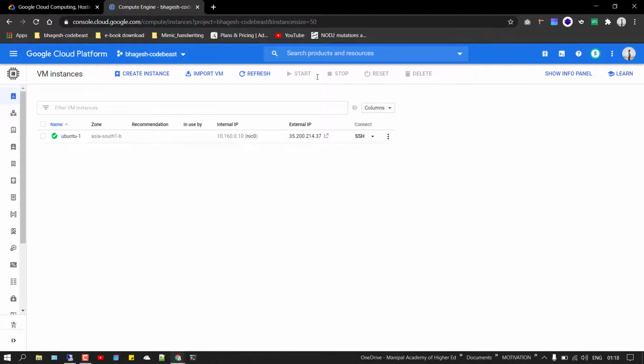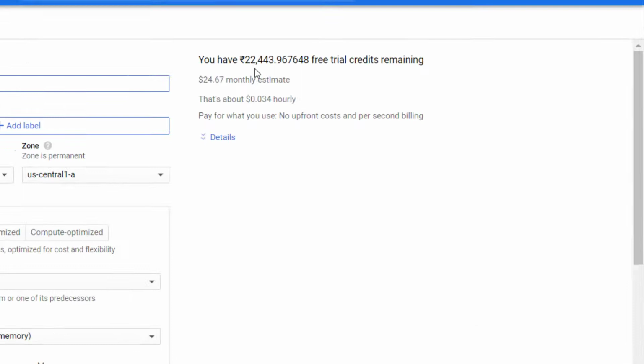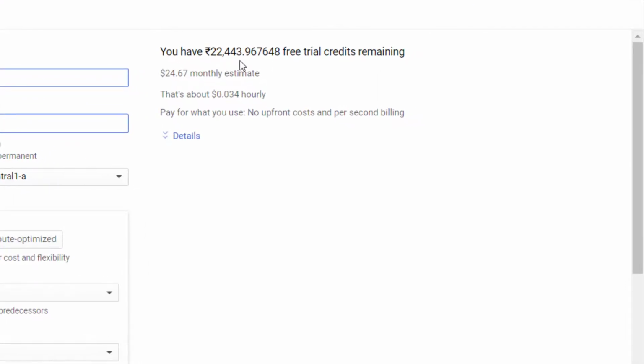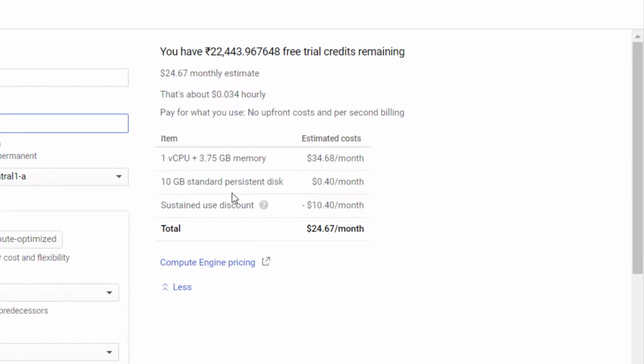And as per the charges, if I go back to create virtual instance, you have been provided with around 22,400 INR, 22,500 INR. So with the configuration I have right now with one virtual CPU and various facilities available, it's charging around $0.034 hourly.